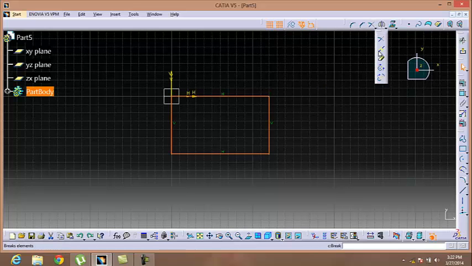The second tool in this category is a break tool. For example, we select this line and the line has been divided into two parts, as we can see. The third tool in here is a quick trim tool.